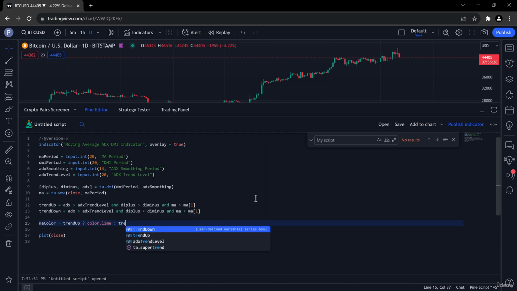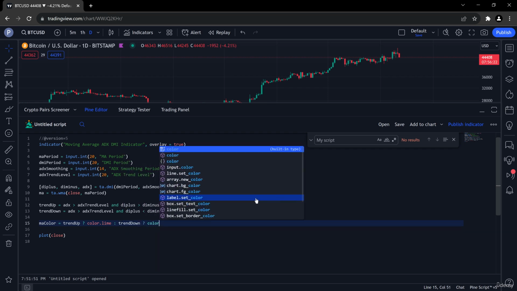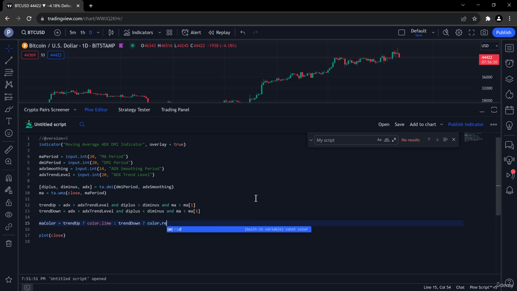Otherwise, whenever trend is down, let's use the red color for the moving average. And otherwise, when there is no trend,